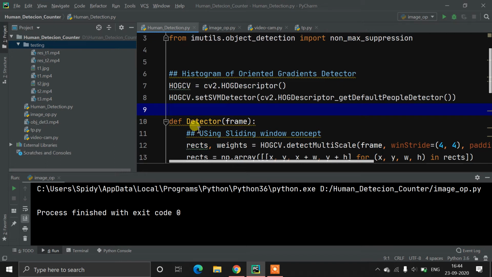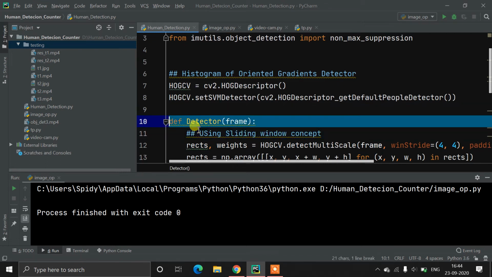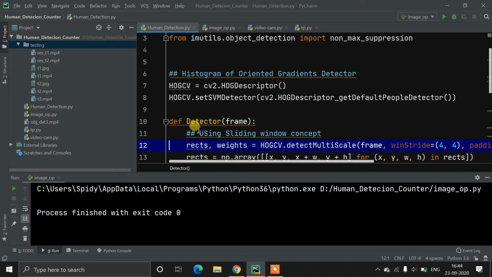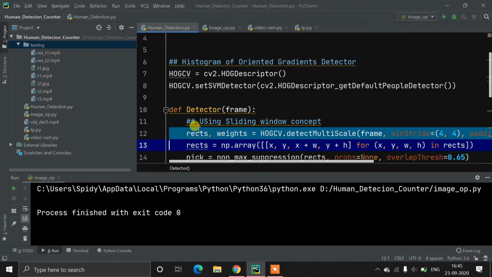Now we need to create our function, def detector. I have created one function. Now we need to detect multiple persons from the frame, so we are using the detectMultiScale method here. This is the same method which we used in face detection and cat detection.